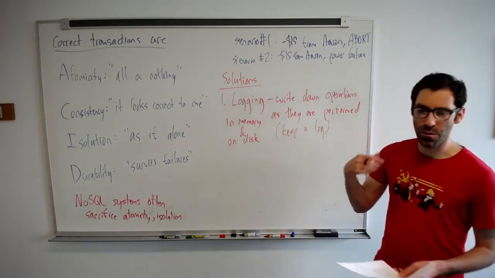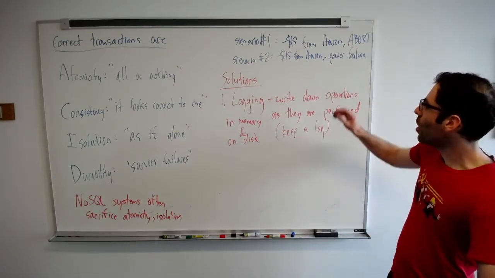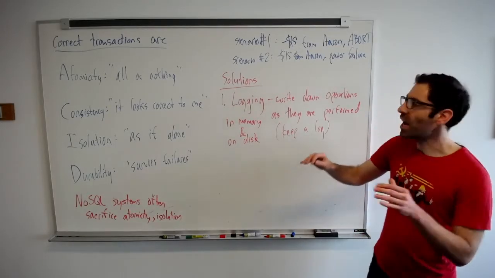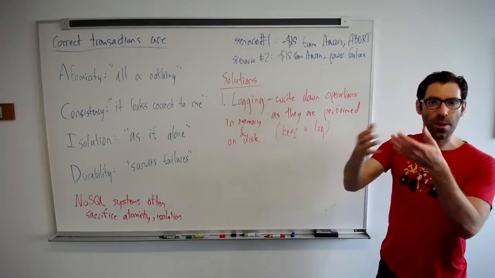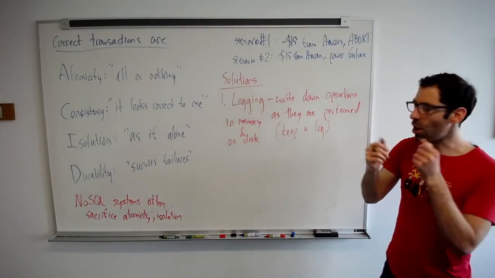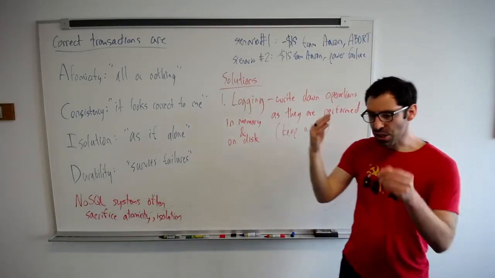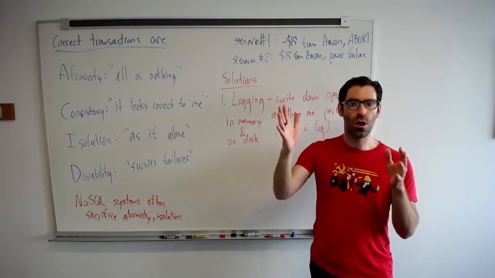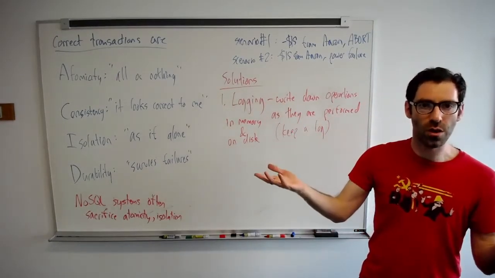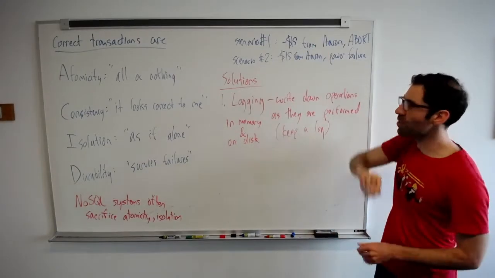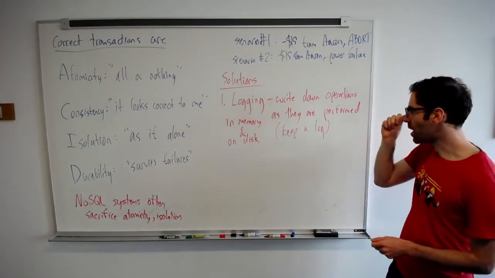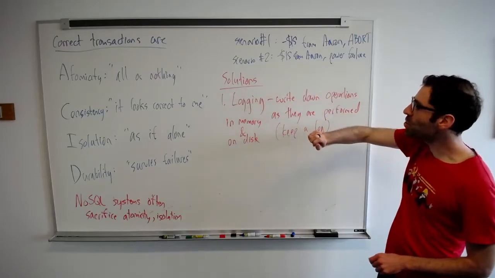And this means that if we've written down the operations as we do them, in scenario 1, we wrote down the operations. They're in memory, a record of a log of what we've done. We abort the transaction, and then we can just go through our log and undo all the operations that we wrote down as having performed, and so we can put the $15 back in my account. In scenario 2,